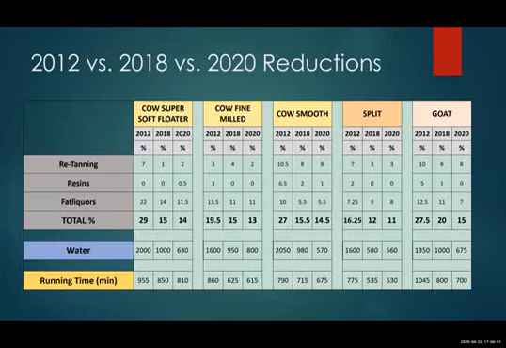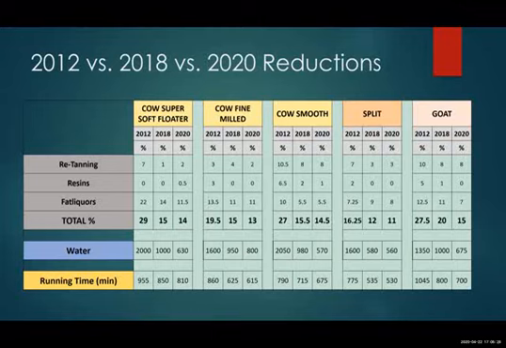So when we thought, okay, what else can we do to improve our efficiency, we started to think this way of trials. So slowly, every year, starting at 2017-18, we stopped and looked at where we are. We can see the results. We reduced our retanning from 7 to 1, and fat liquors from 22 to 14. And simultaneously, we were using 2000% of water in 2012 and reduced to 1000% in 2018.